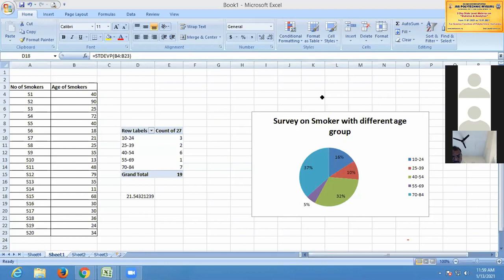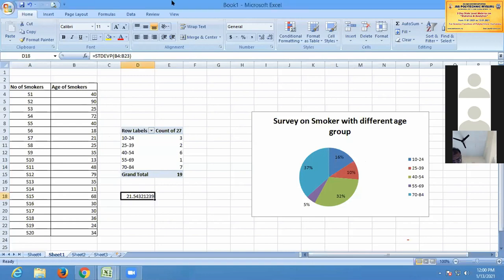Kurtosis and skewness graph. Here we are just identifying whether it is a symmetric or asymmetric frequency. To find that out, we are going to calculate skewness and kurtosis. Actually, we should have a complete curve drawn, but a complete curve does not appear in Excel. So for that, we are just calculating it. For calculation,